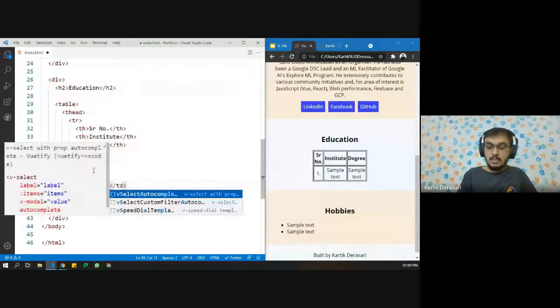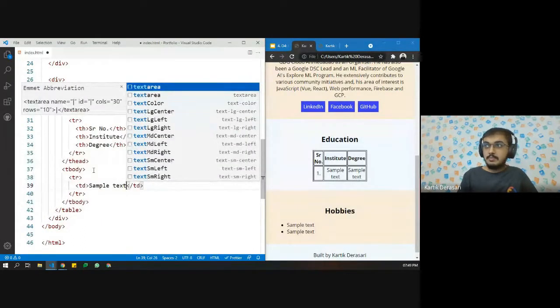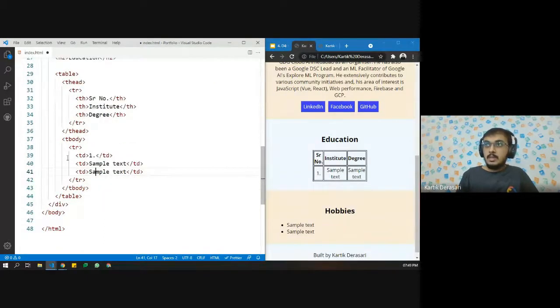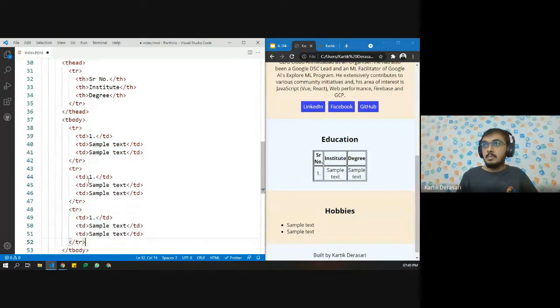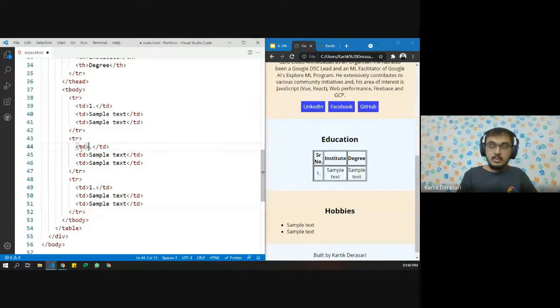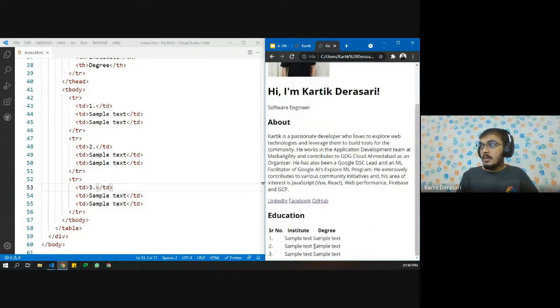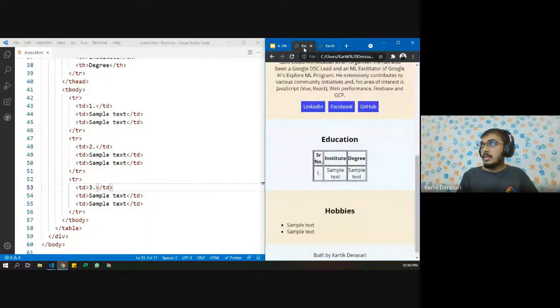This is simple text, and let's have the SR number 1. Let us have three different rows, so simply copy paste the same code, and third. Let's save this and see how it looks like.